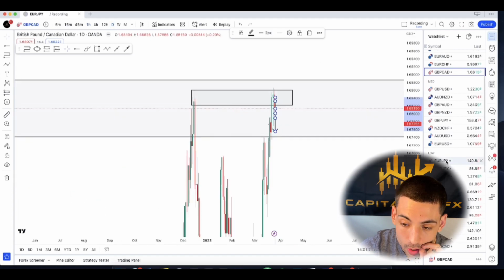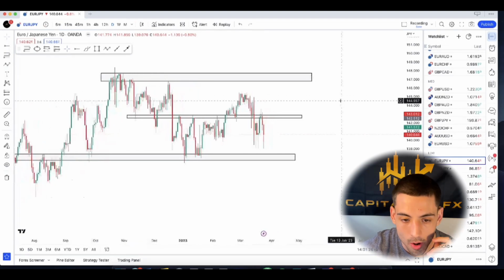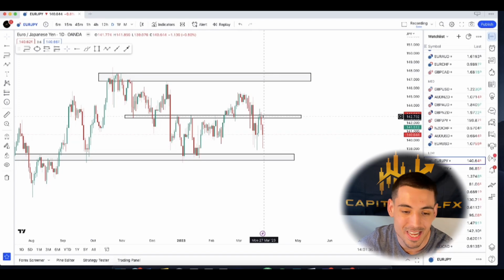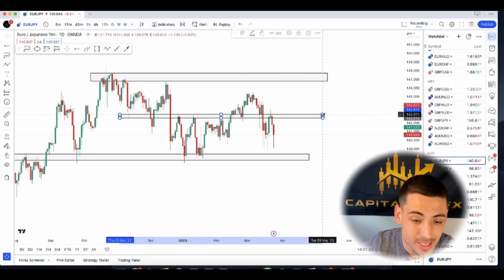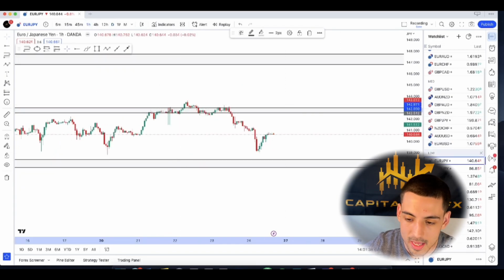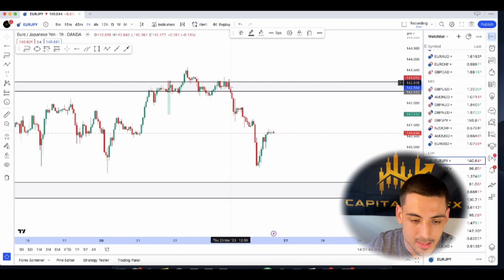Let's switch to Euro JPY. I actually placed a sell on Euro JPY last week. That didn't end up panning out, but we could see it did end up panning out on a daily time frame. But once I placed it on the hourly time frame, it didn't end up panning out. Anyway, super clear daily horizontal level that price has interacted with in the past. And then we go down to the hourly time frame and we can see that I ended up placing the sell order, getting stopped out, popped above the zone, tested as support, failed, came back, tested as resistance, and then